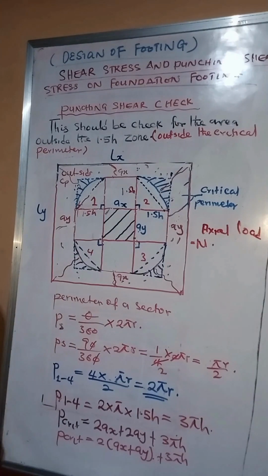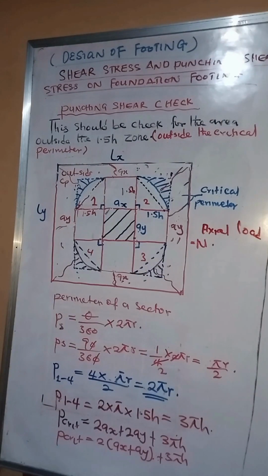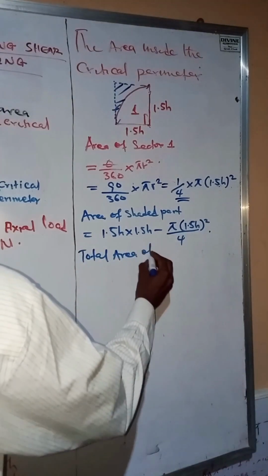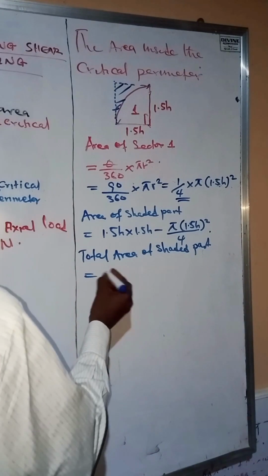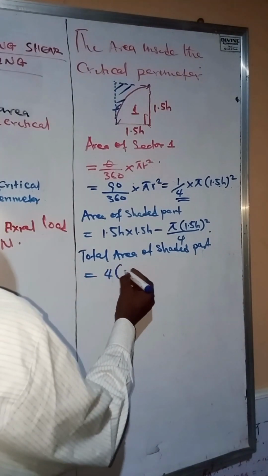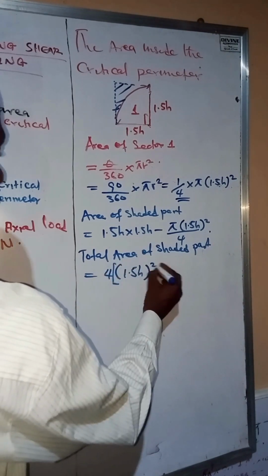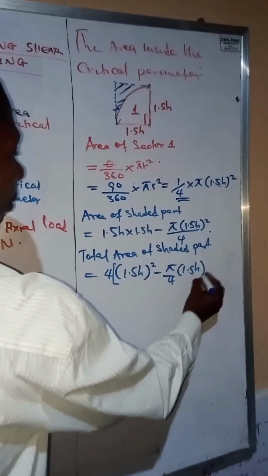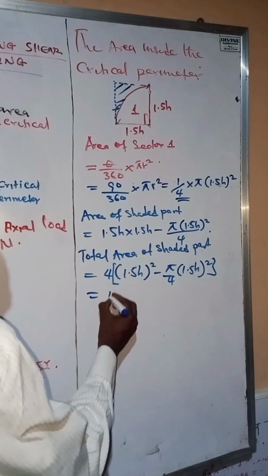So remember that the area of this shaded part, we have 4 of the shaded part, which is 1, 2, 3, 4. So the area we just got is going to be multiplied by 4. Total area of shaded part becomes equal to 4 brackets 1.5h square minus pi over 4 r square. So multiplying this, we are going to have 4 bracket